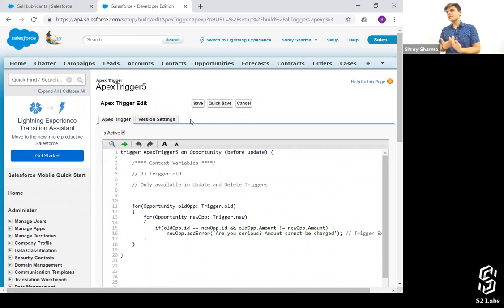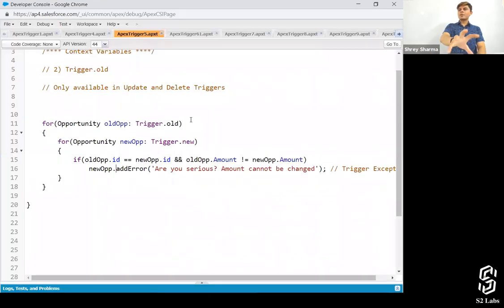Oh, the problem is, this program is opened in my developer console, and whenever I make a particular change, it again saves all the information into that trigger. So when I opened this Apex trigger 5, the value of is active was false. It was not checked.